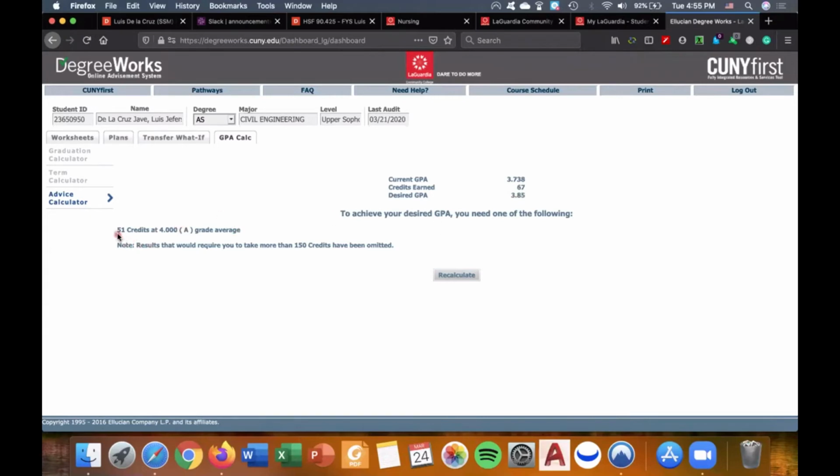So you can see here, I need 51 credits with A's so I can reach this GPA. So what this means is that all the classes that you are taking, you need at least 51 credits by adding all those classes. Okay, if you have one class that has 3 credits and another class that has 4 credits, by summing all those credits, you need at least 51 to get a 3.88 in my case,